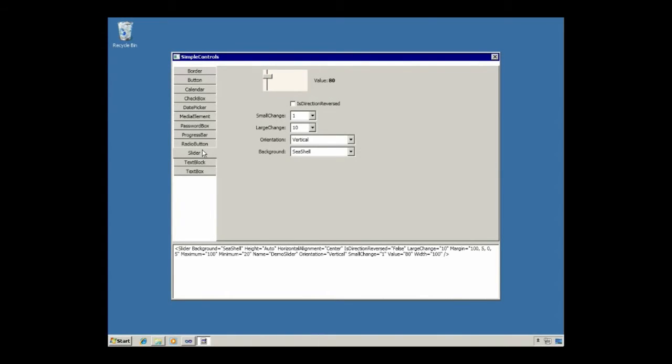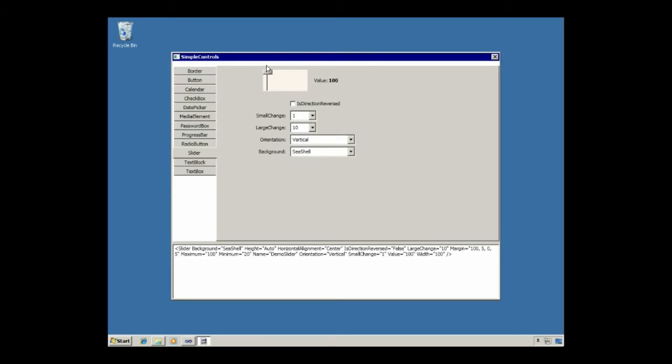I'm displaying a slider control here on the page, and you can see that its current value is 80. I haven't changed the minimum and maximum values. They're going from 0 to 100 at this point. And so if I slide this thing down, I guess my minimum's actually set to 20, isn't it? Minimum value, where's minimum? There it is. Minimum is 20, maximum is 100, and so I can go between 20